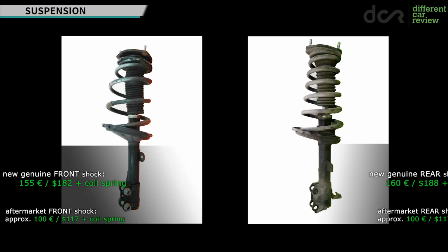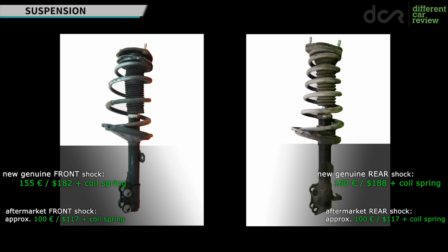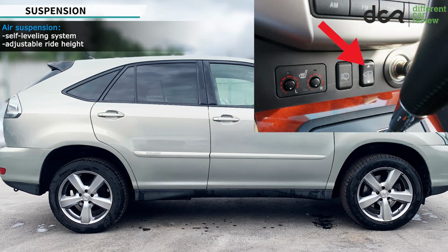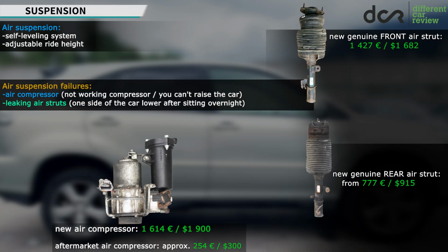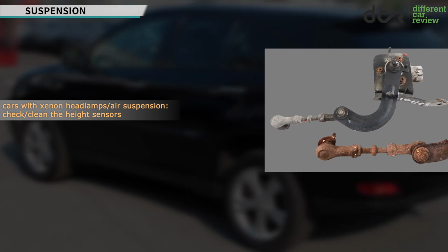As usual, there are no nasty surprises related to the standard suspension. The shock absorbers can withstand a long time and they are cheap to replace. However, the air suspension is a different story. In this case, the air struts can leak and the air compressor can fail. So, the usual stuff. There are also the height sensors which can seize up or occasionally fail, so if your Lexus